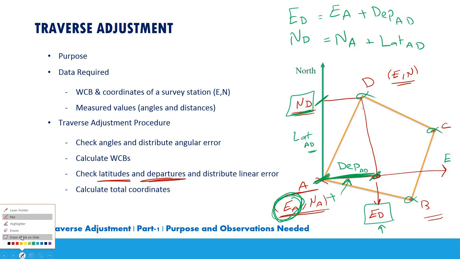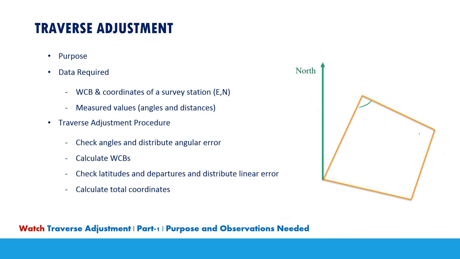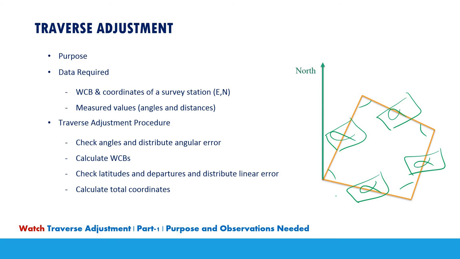And as I mentioned before, guys, before we measure these angles using total station and we measure these distances, we are going to calculate the angular error for the angles and then distribute this error, and then we are going to calculate the linear error for the distances and then distribute this error, and then we are going to calculate the final coordinates, easting and northing, for each one of these stations. Okay,